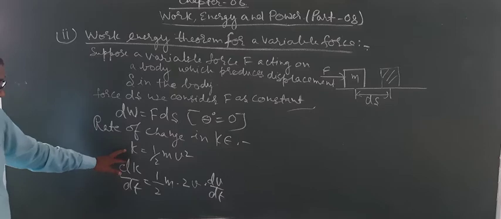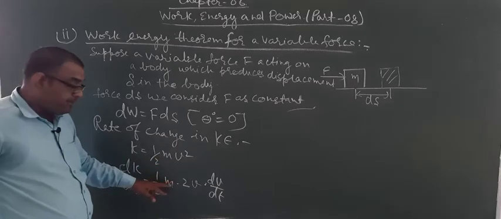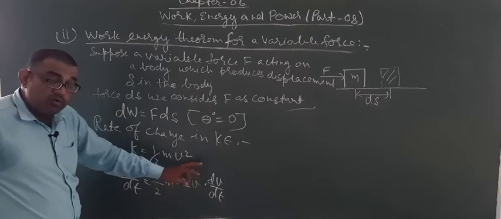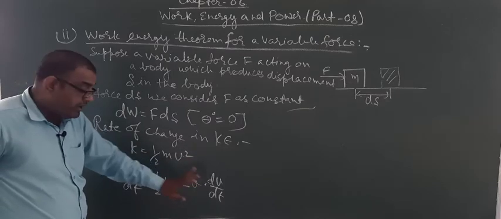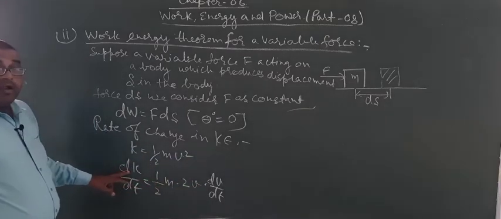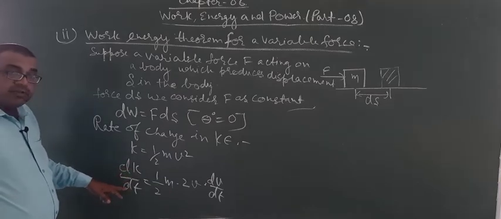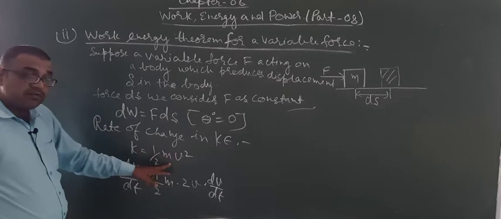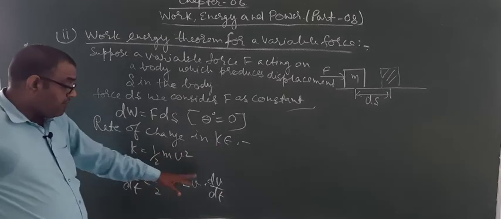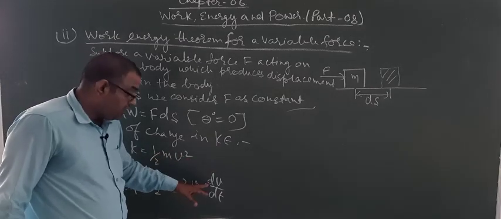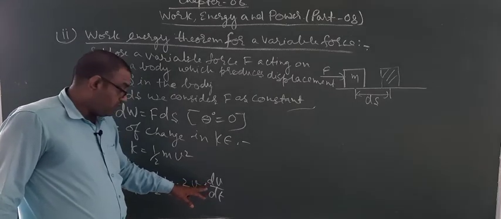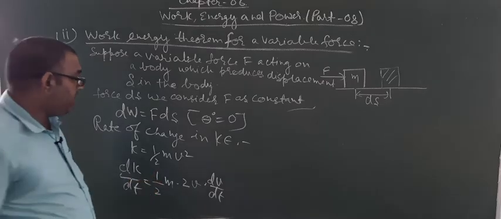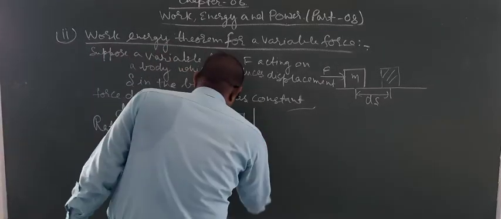If you are differentiating K with respect to v, then it will be simply 1 by 2 m into 2v. You need not write dv upon dt. But since you are differentiating kinetic energy with respect to time, and there is no variation of this function with time, one time you have to differentiate this with time also. So 2v into dv upon dt, this is the rule of mathematics. So we can write it here as